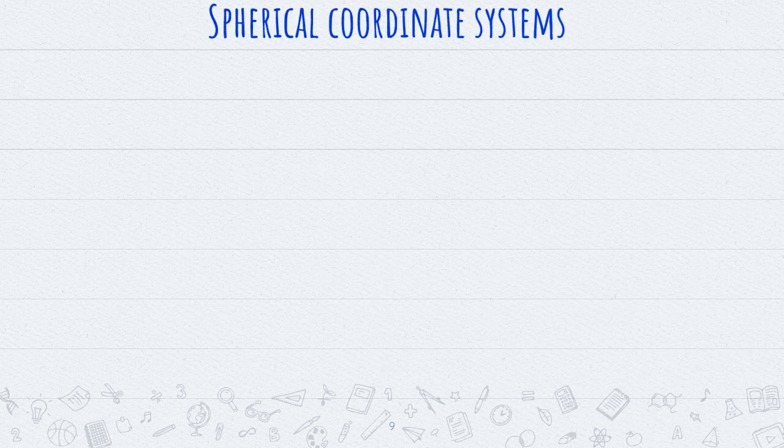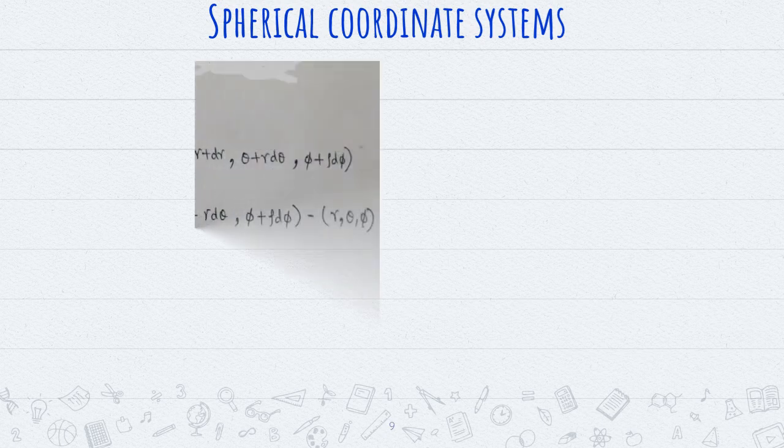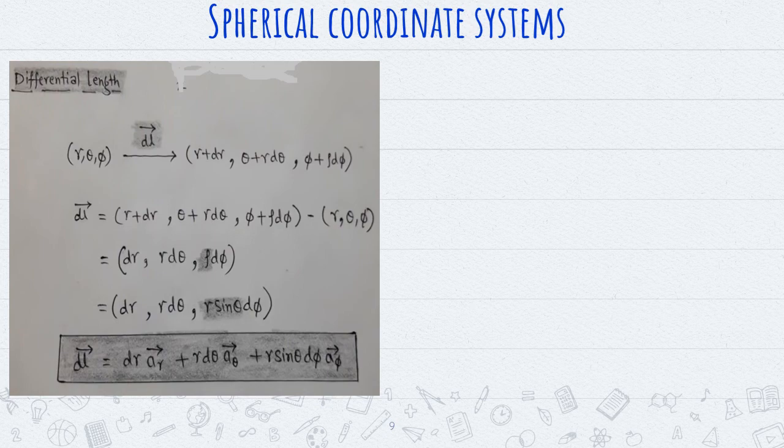In this slide I am going to explain the differential elements. First we are going to see the differential length. As I mentioned already, differential length is the addition of all three sides. In my previous slide I told you the three sides of the spherical coordinate system are dr, r d theta and rho into d phi. Now in the second and third lines, rho is replaced by r sine theta. Actually the third side is r sine theta d phi only.